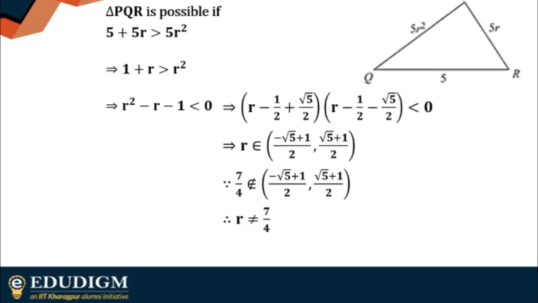If you have any problem with this one, please let me know in the chat box. I think most of you got this one right, so we'll just move on. It's a very simple thing that we have used here, something that you have learned in class 7 or 8. Just the inequality, and then you know how you can deal with quadratic inequations. So the correct answer is option 3. We'll move on to the next sum then.